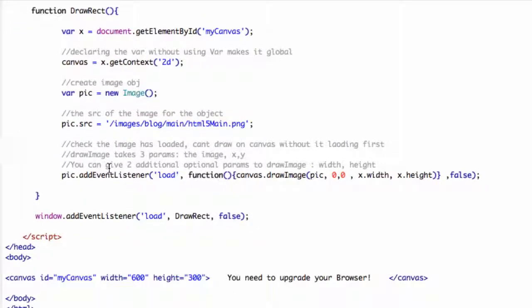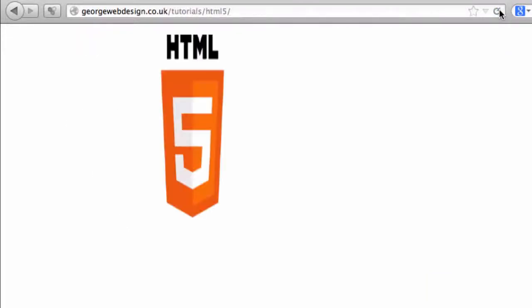Then we add an event listener onto the pic and we say once that's finished loading, we do this self-calling function here. And what it's going to do is once that pic has finished loading into this variable, we're going to draw that image into our pic variable. So yeah, that's it really. And then again we're doing add event listener on the window load, call this function. So this should be, yeah, it's just added that image onto the